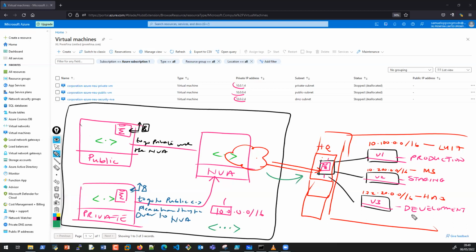But what if somebody in development is writing code here and the code could be detrimental to the staging and all the prod? You don't want the traffic there to easily